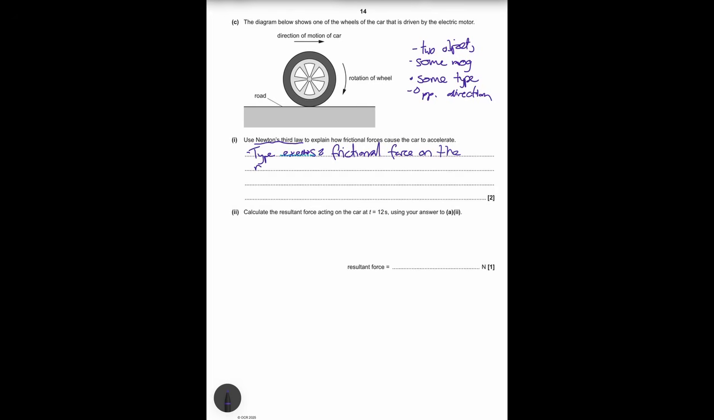And which direction is this going to be in? So the direction of the frictional force from the tyre on the road is going to be that way. So I can say to the left or backwards. Therefore, the road exerts, so same type, so frictional force on the tyre. So now I've said 2 objects of the same magnitude